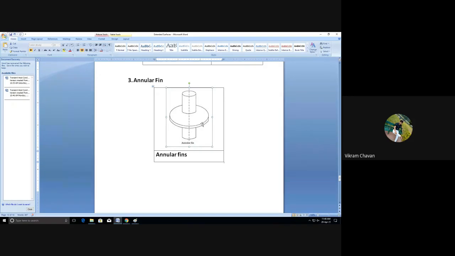How to increase the effectiveness of a fin, how to increase the efficiency of a fin, how to transfer the maximum amount of heat from the surface to the surrounding, so that the heat transfer rate will increase, and due to that the steam power plant efficiency will increase. These are small applications, but they affect large power plants. In a boiler, economizers and condensers are there; in a refrigerator, air conditioner too. Due to the fins, the effectiveness and efficiency of that application will be enhanced.